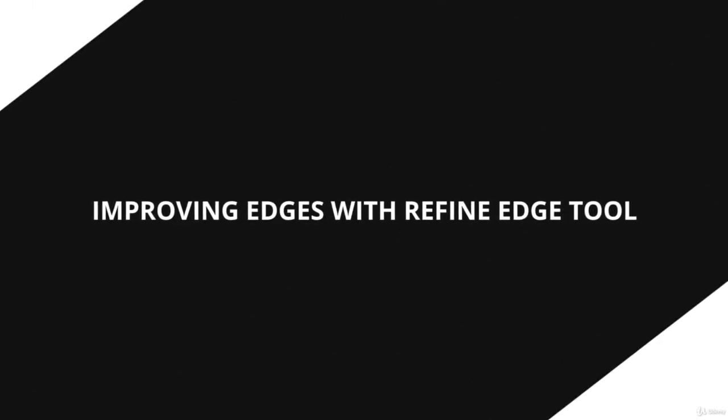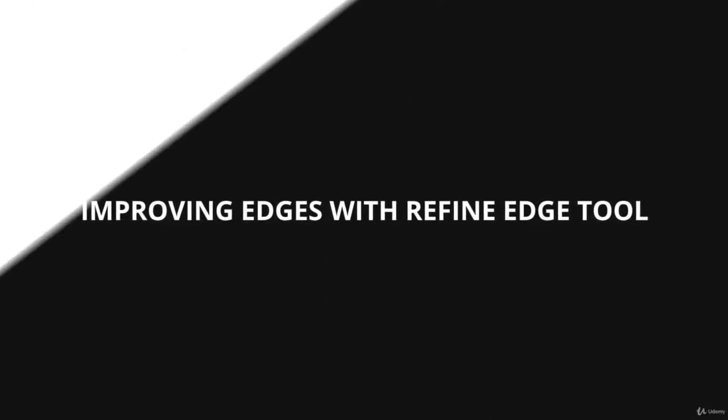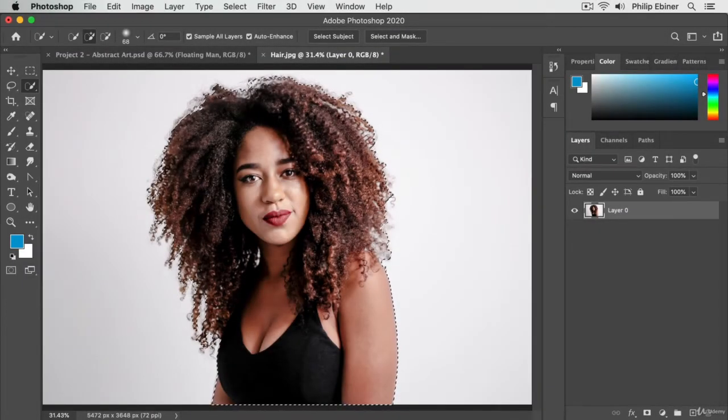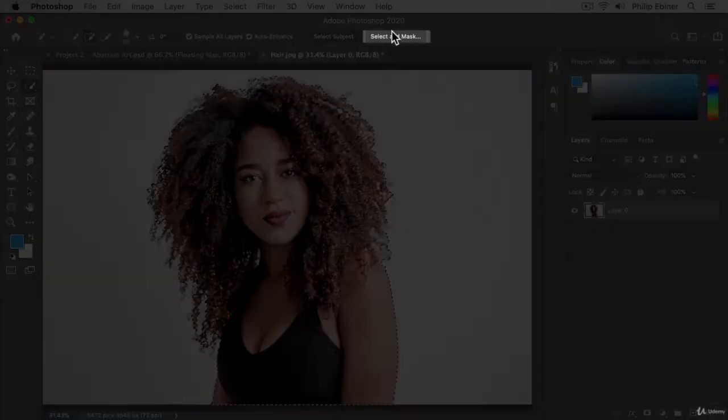Let's get to refining those edges. So back here with this hair image, if we have our quick selection tool and we just click select subject, it's going to do a decent job selecting our subject because our background is so clean. To take it to the next level though, because we saw that this wasn't perfect, we're going to click the